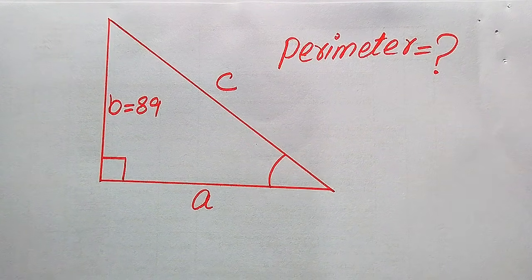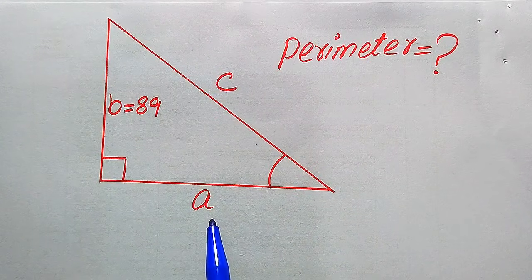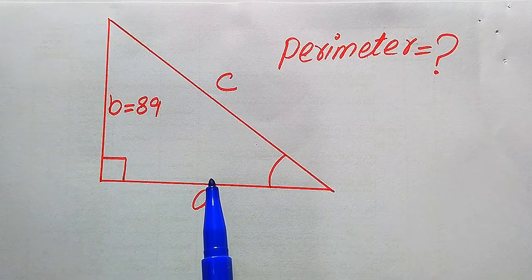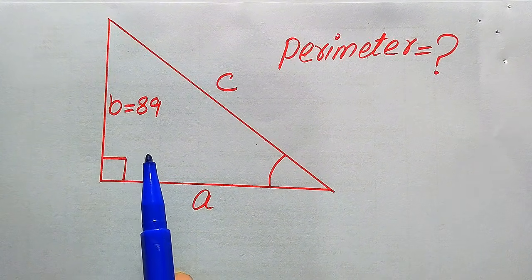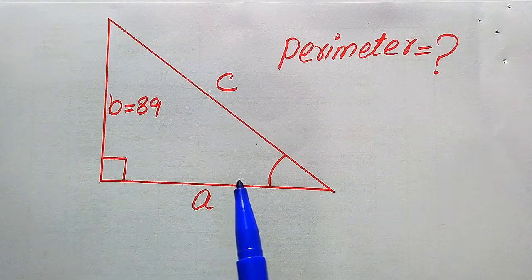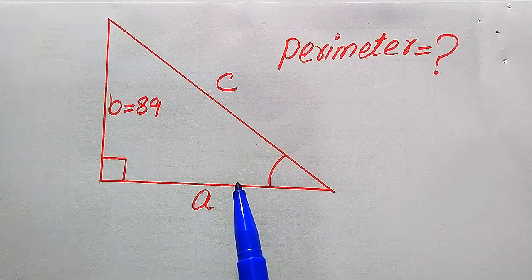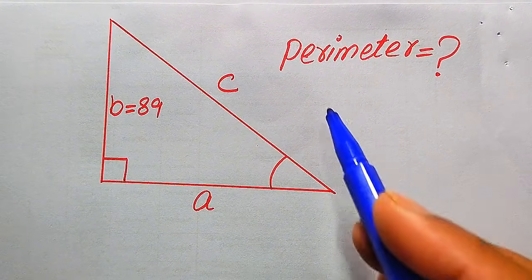So here we have a nice right triangle in which the lengths of its sides are a, b and c respectively, and the length of one side is given. This is b equals 89 and the other two sides are unknown. So first we need to find the lengths of the other unknown sides, and then we can find the perimeter